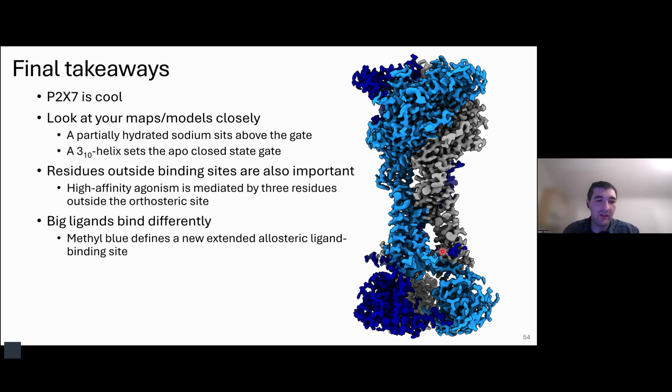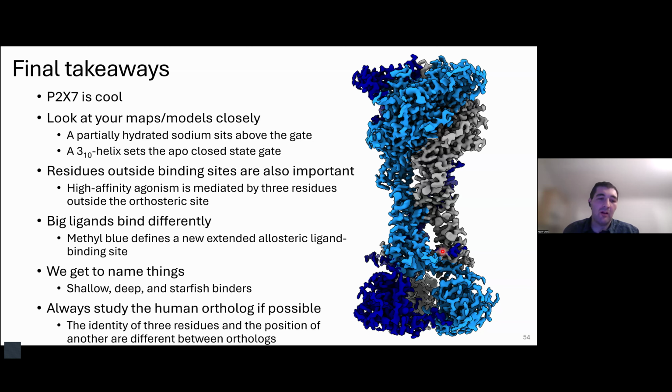Big ligands bind differently. We're able to define a new extended allosteric ligand binding site when we see methyl blue binding the receptor. And then finally, we get to name things. By characterizing a number of small molecule antagonists, we're able to classify them by their functional and structural characteristics, by how they bind, and we term them and classify them into shallow, deep, and starfish binders. And then finally, always study the human ortholog if possible, and the identity of 3 residues and the position of another are important for